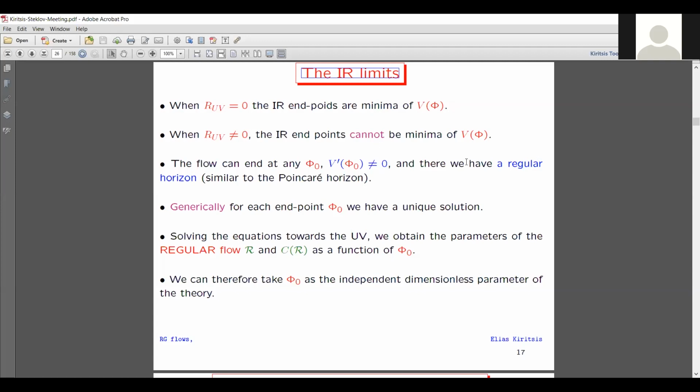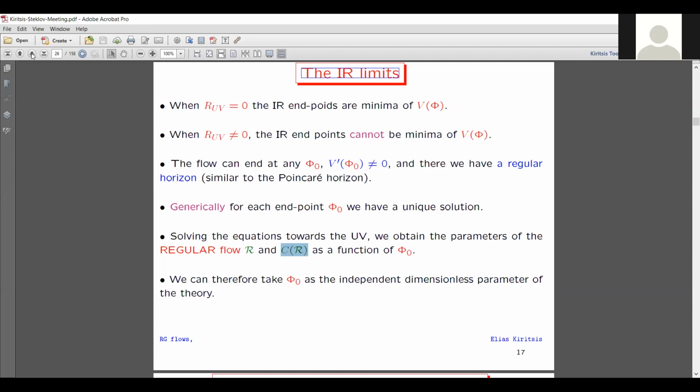And in this case, when the flow ends, this is a regular horizon, which is similar to the Poincaré horizon in standard AdS. And generically, for each endpoint phi 0 for the values of the scalar, there is always a unique solution. If I start from a point phi 0 and I solve for the solution going towards the ultraviolet, then as a function of this phi 0, I will calculate the data of the flow, which is the value of R and the value of C of R that controls the vacuum expectation value of the operator O. Therefore, one can take the endpoint as a way of classifying all possible flows in the case where you have